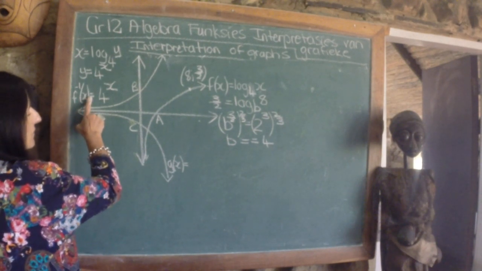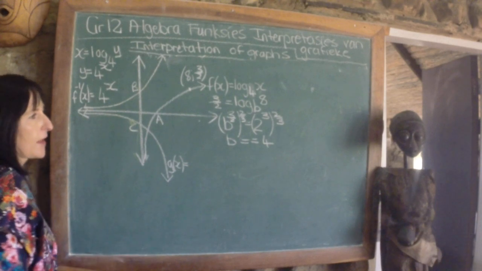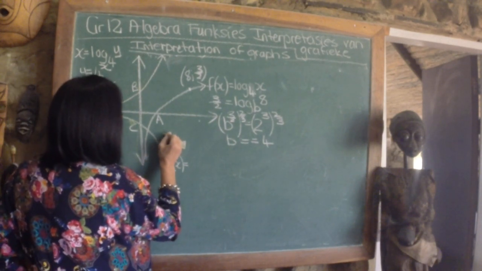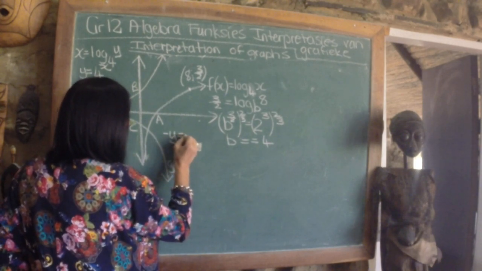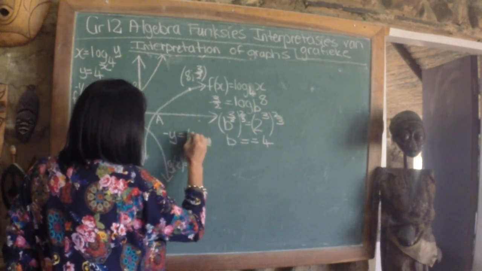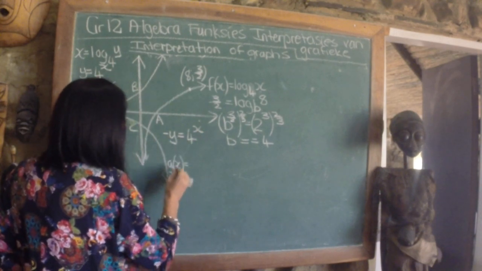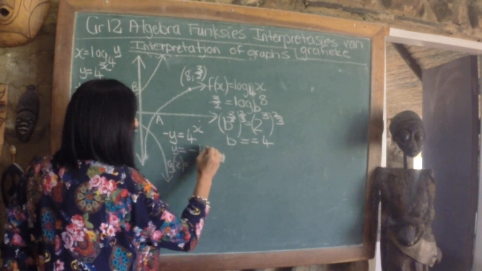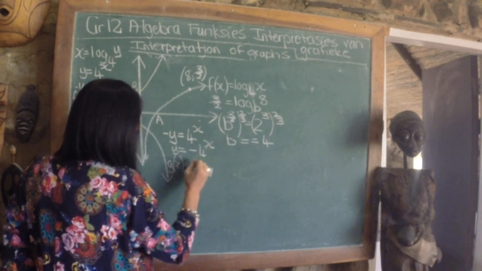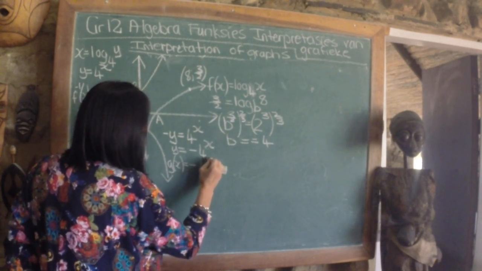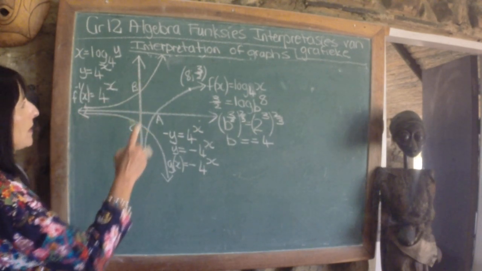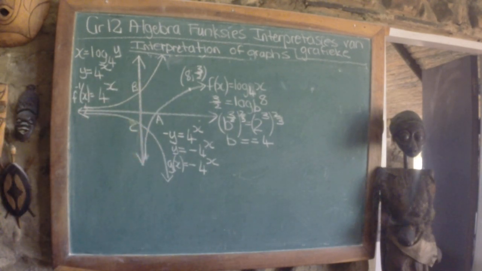If this inverse function is now reflected in the x-axis, then the y values become negative. So the y values become the negative of this inverse function. So when we get y on the one side, ons deel met -1 aan albei kante, so gx is -4 tot die mag x. Daar het ons al drie ons funksies se name. Goed, let's quickly determine